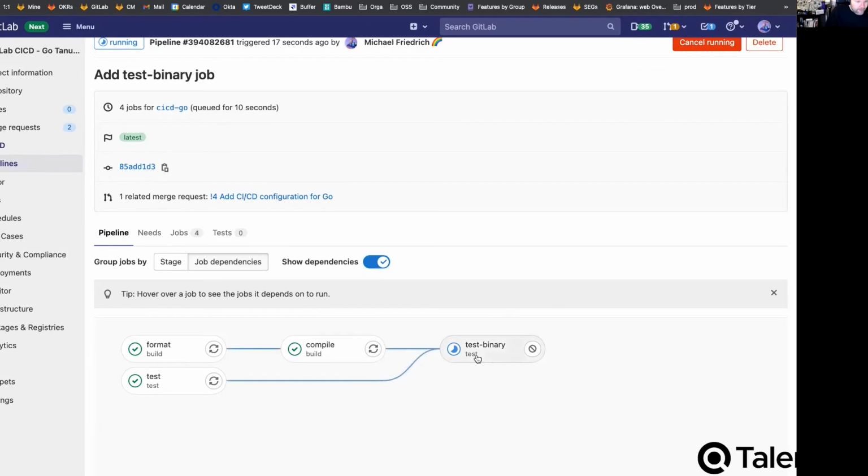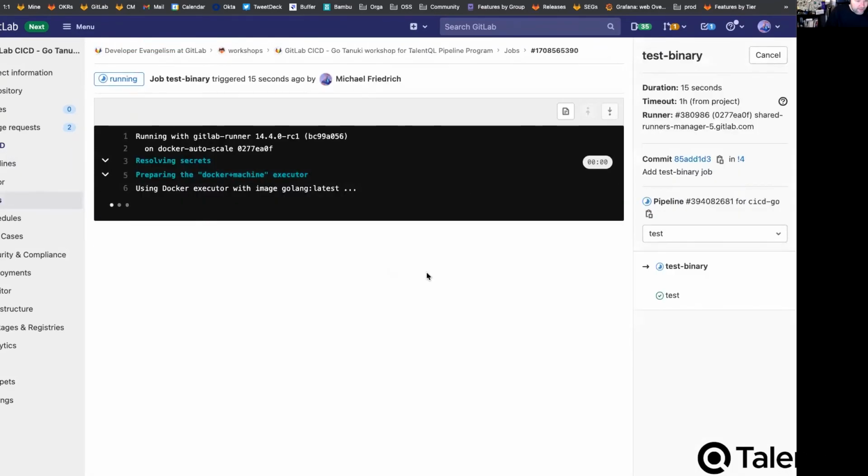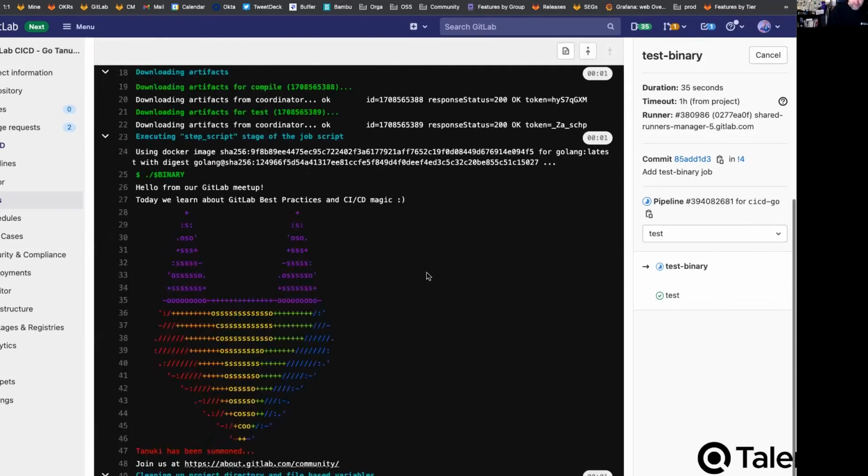Now the pipeline is being run, the test binary job is executing, and again it's spawning the Golang Docker image. And the good thing is, over the recent years, many programming languages and libraries and environments have created their own base Docker images. So it's not just us using a Debian image and then installing the dependencies, but we can use predefined images. And in that regard, we're spawning the image, and we're running the binary,